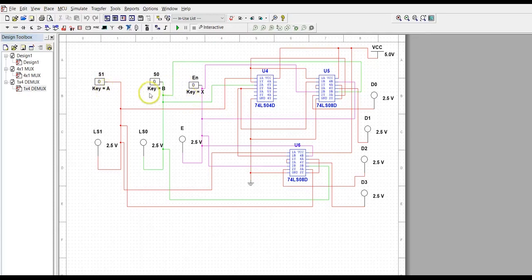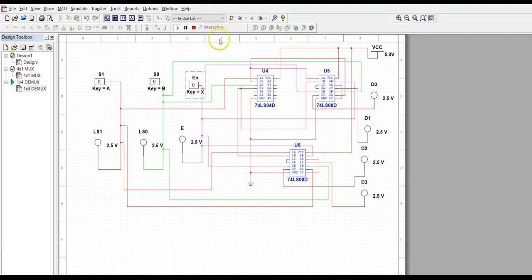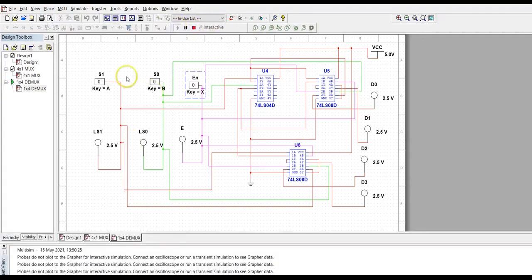If I give S1 0, S0 0 and input line 1, I'll get an output D0.